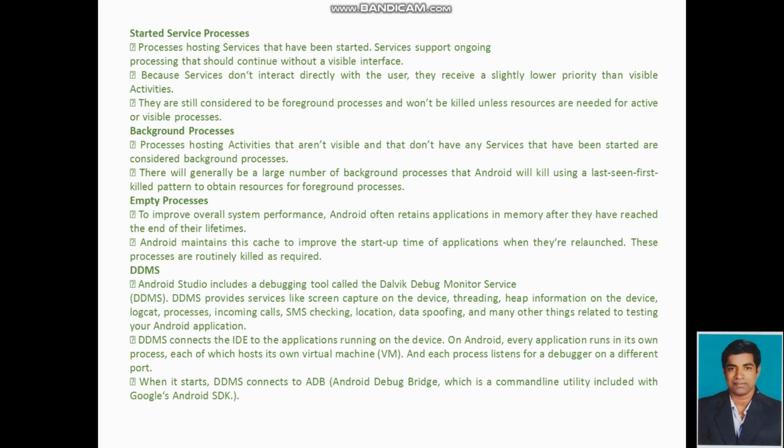The processes host services that have been started. Services support ongoing processing that should continue without a visible interface. Because services don't interact directly with the user, they receive a slightly lower priority than the visible activities. They are still considered to be foreground processes and won't be killed unless the resources are needed for active or